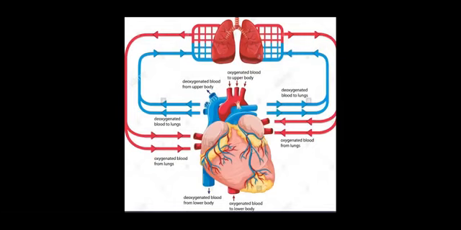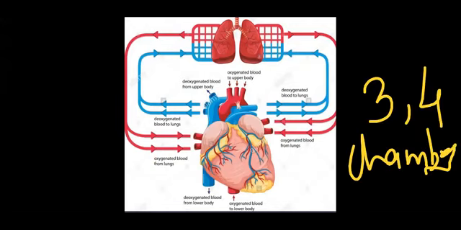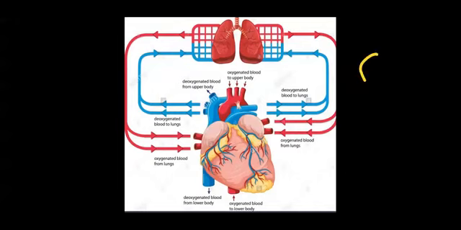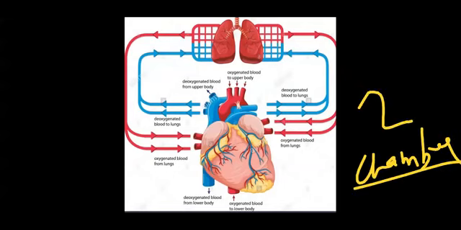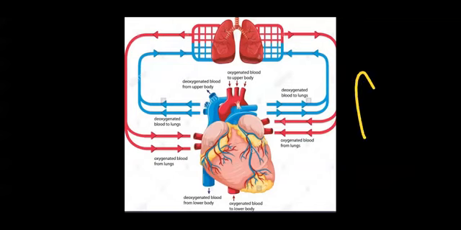And children, this double circulation happens only in those animals who have 3 and 4 chambers of the heart. किन में होता है double circulation? Those who have 3 chambers of the heart and those who have 4 chambers of the heart. Then what happens in case of the animals who have only 2 chambers of the heart? ऐसे कुछ एनिमल्स है जैसे कि पाइसेस, फिशेस. फिशेस में क्या है? ओनली 2 चैम्बर्स ऑफ द हार्ट.